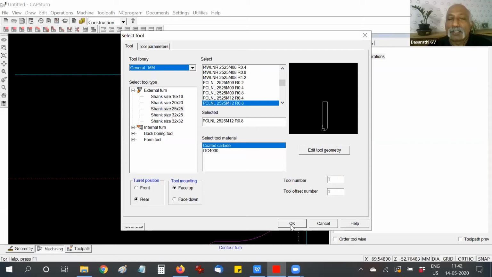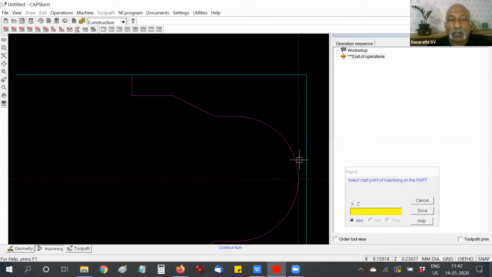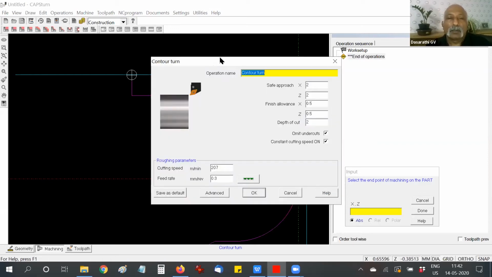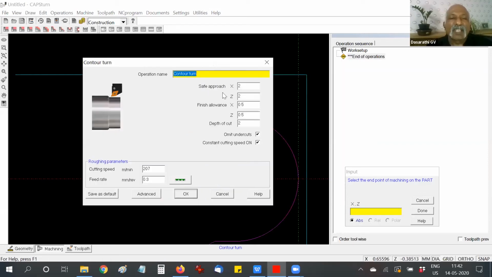I'm just going to use this software like a normal programmer would. I'm saying okay, and I want to turn from here to here. Right? So it has put up an operation name automatically for me. I can change it if I want.